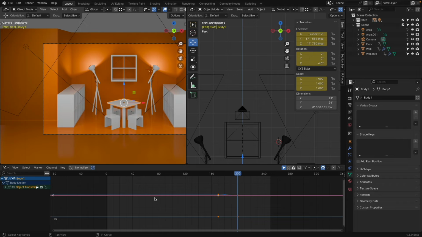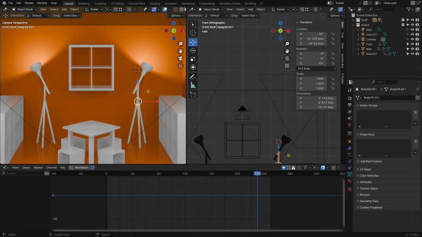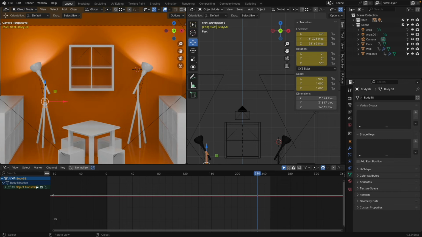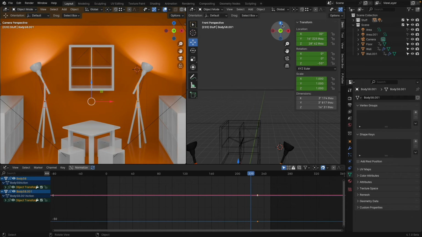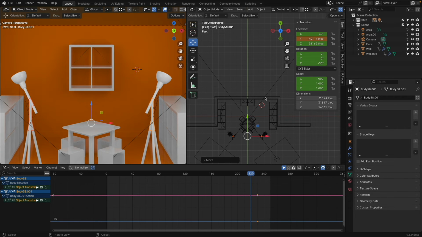Now, what can we do with the lamps? So let's say here we are, there. So there's my lamp. Keyframe that position. You keyframe that position. Might have to see. So we go maybe 10 frames back. I select these two, go to a top view, move this to here, and then I go another,